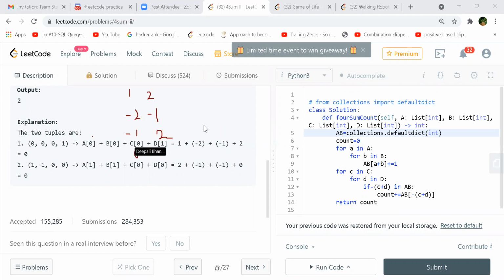So you are making a dictionary of the sums, right? So -1 will have one count. Then 2 and -2, 0 will have one count. 1 and -1, 0 will have two counts now. And then 2 and -1, -1, so both of these have two counts.